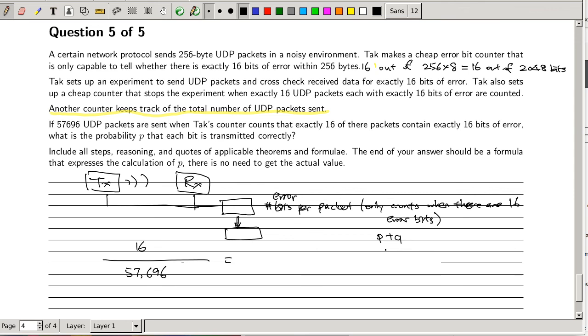There's nothing else. Okay, that's fine. So if this is the probability distribution for one single bit, then what happens when we have 2048 bits? Okay, so we raise it to the power of 2048, because each bit can be received correctly or can be